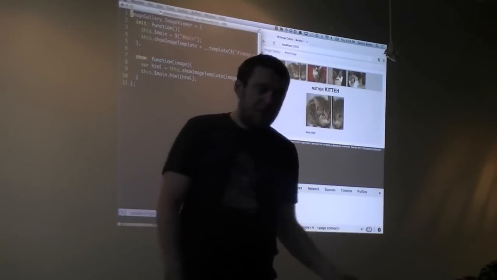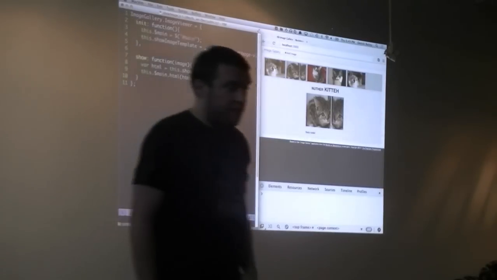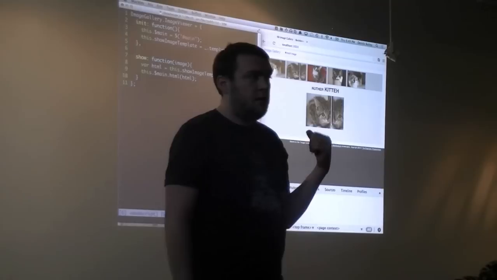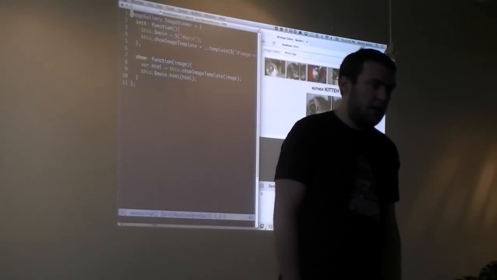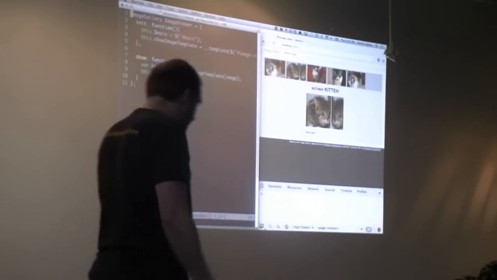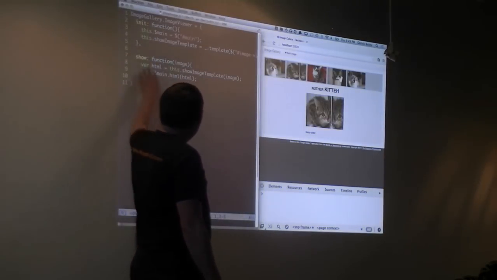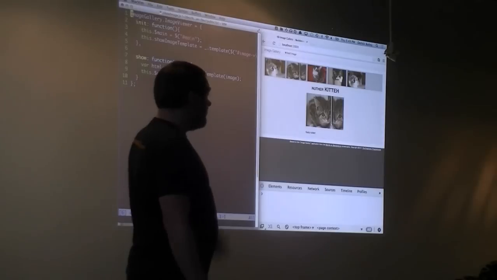_.template. Backbone itself relies on underscore. So if you're going to do Backbone applications, you're going to get underscore anyways. So I recommend learning underscore even if you're not going to use Backbone, because underscore is awesome and it's used everywhere these days. So beyond the templates that I have there, I've got this show function, which does exactly what